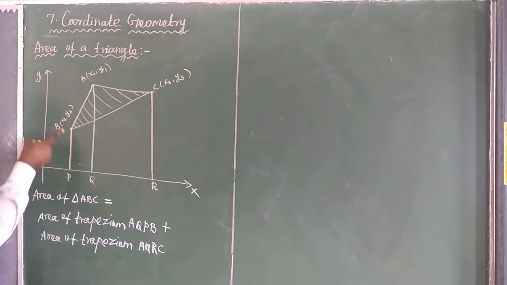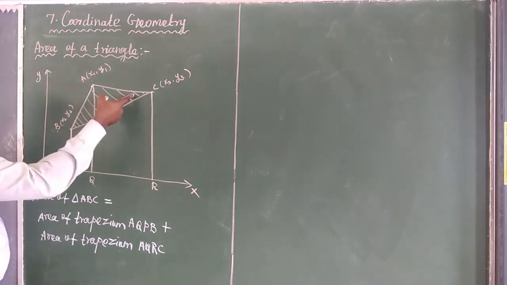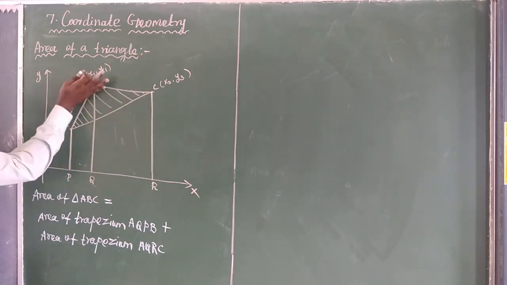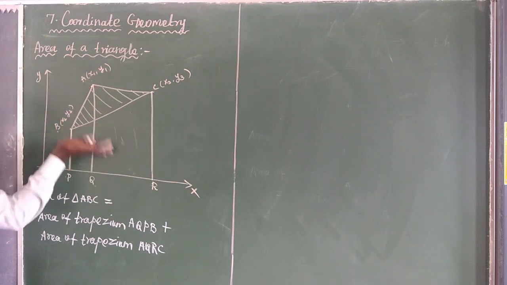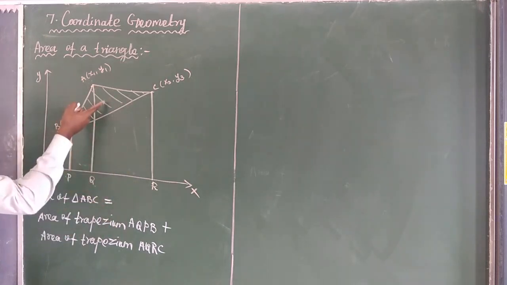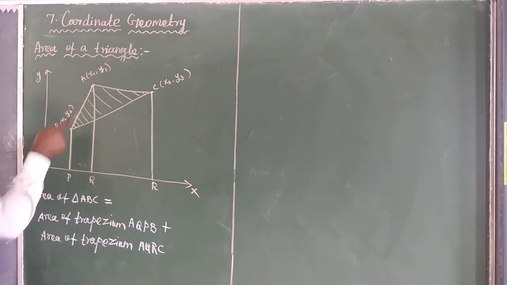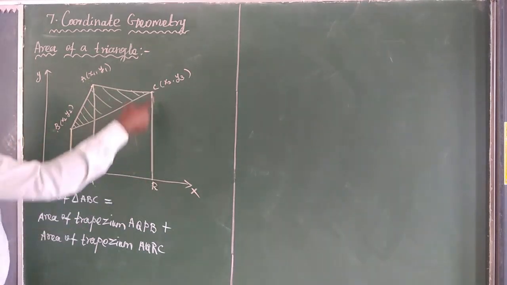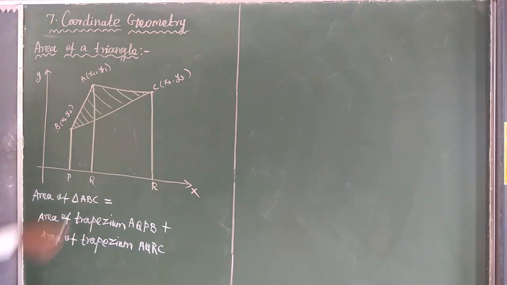What is the excess area? I need the triangle ABC only. But the remaining part you will subtract. First I find out the total entire area, again I will subtract this part. Automatically I find out the area here. So, what are the areas I will subtract? B, Q, R, C. The remaining part you will subtract.